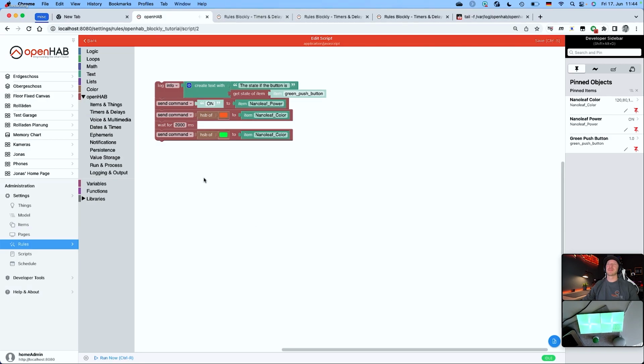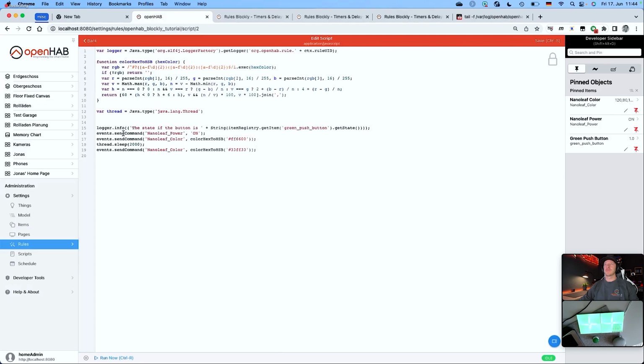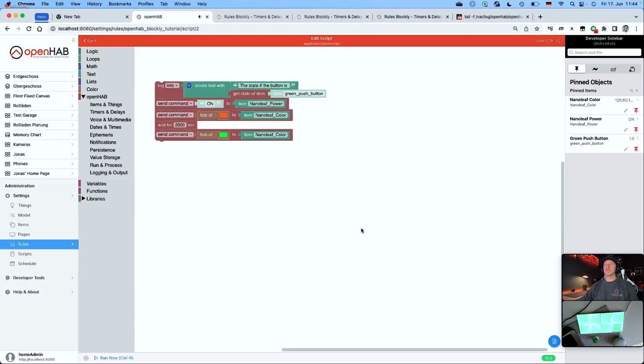Also, if any one of you out there who's viewing this has questions on Blocky, I would always recommend to make a screen copy of that, and then in more complex situations, go here and actually copy that to the question in the forum as well, because that helps me or the others a lot to find out what the problem actually is, to actually debug the problem and understand it better. Okay, so